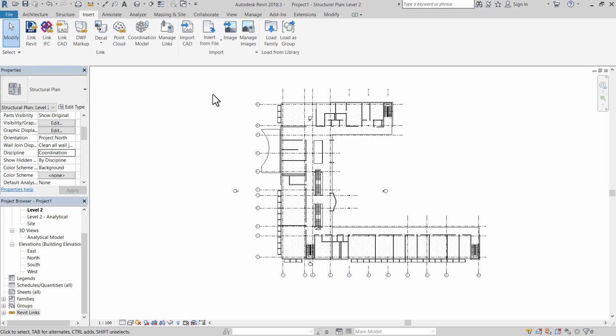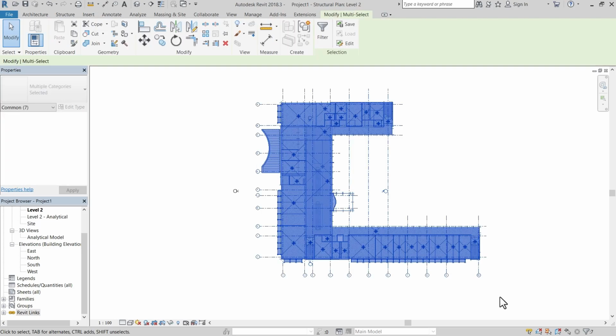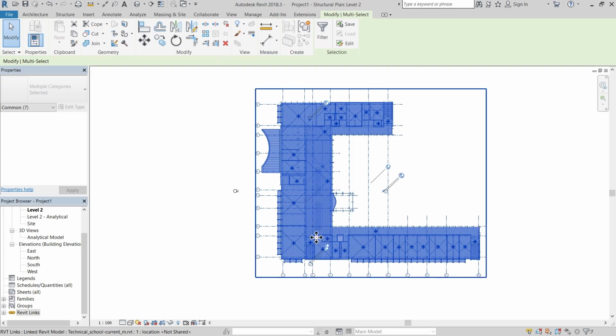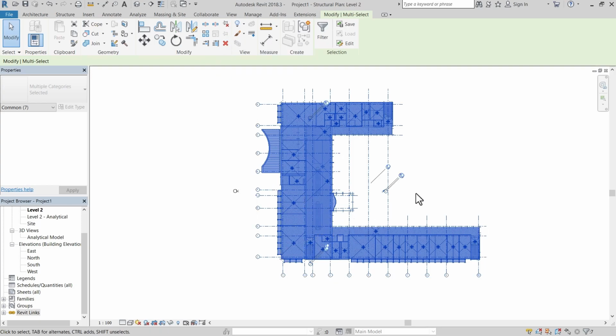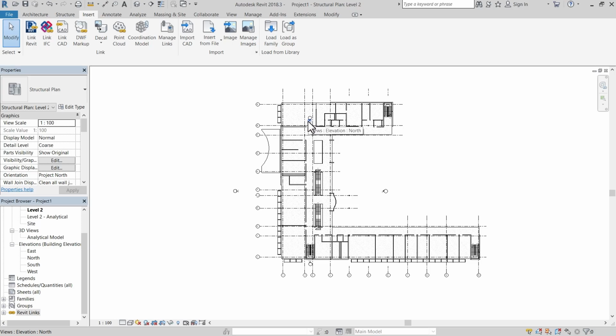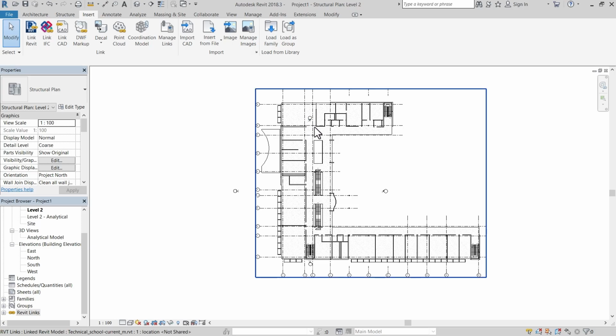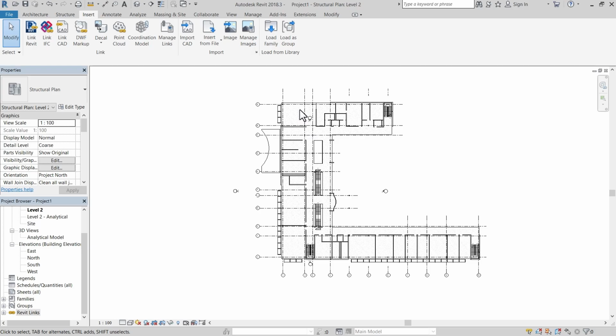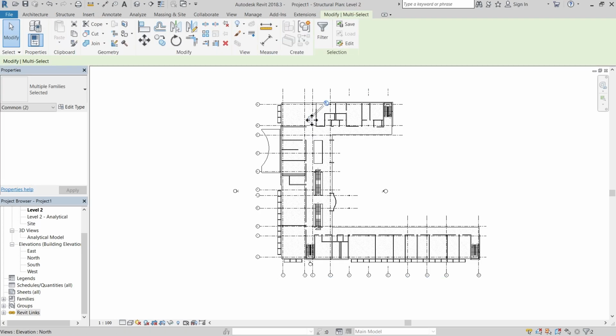Now the next thing that we want to do is we want to pin our model so that we don't mess up anything while working on it in the architecture model. So we will select it and then we will click on pin. One mistake we have made right now is we have also pinned the views that were already present there. So now what we will do is we will select them and then we will unpin them. So we will select it from there and we can unpin it from here or from the ribbon tab. We have both options.